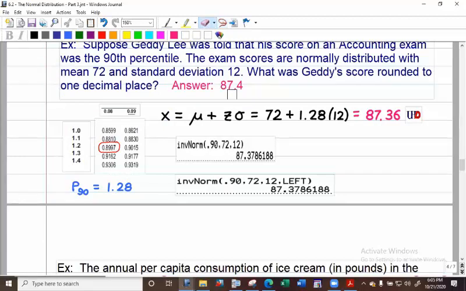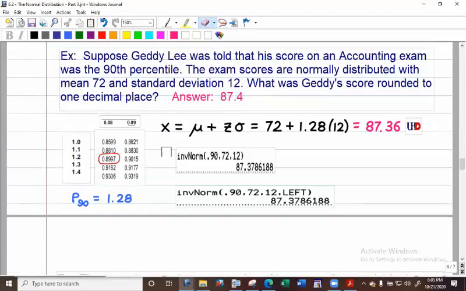Okay, let's see. So there's the chart. 8997 is clearly the closest to .90, so if you're using the chart, it would be the 1.2 row, 0.08 column. That's terrific. And then we just plug it right into the formula. The mean is 72 plus the z value coming from that percentile, which is 1.28, times the standard deviation of 12. We get 87.36. So the instructions just said round it to 1 decimal place,